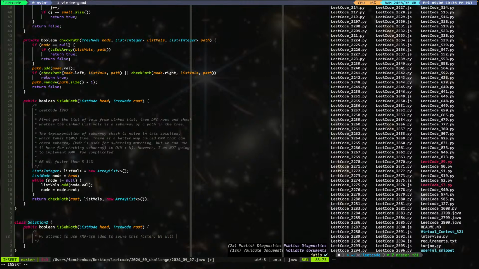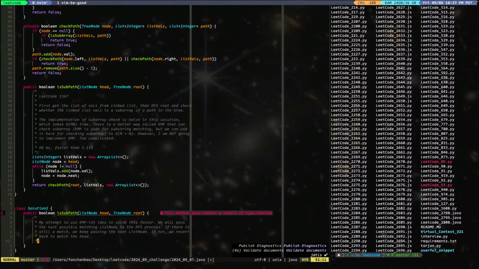So we will pass the next possible matching list node to the DFS process. If there is still a match, we keep passing the next list node. If not, we revert back to match the head. So basically,